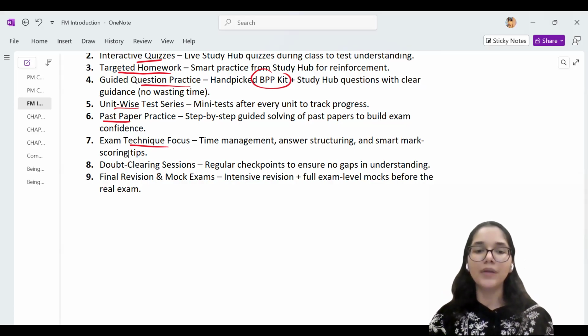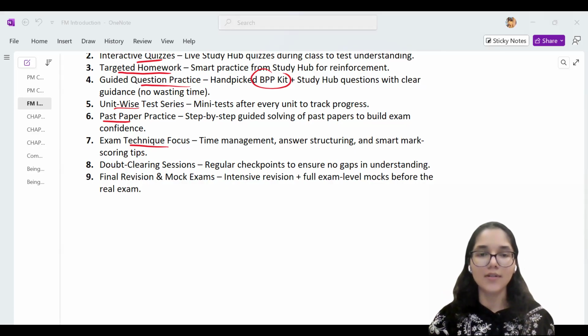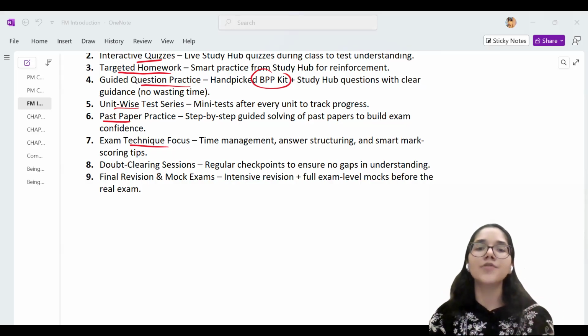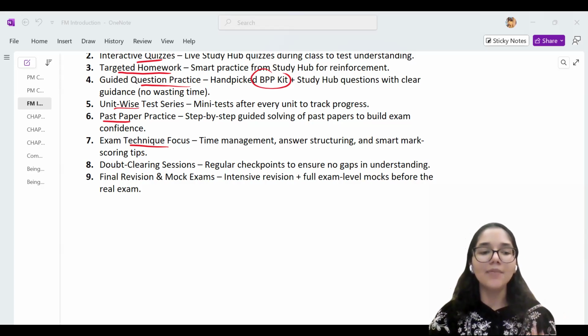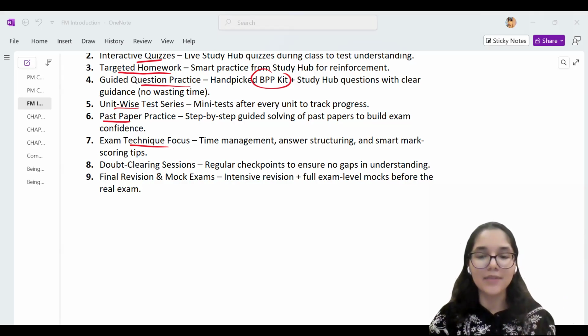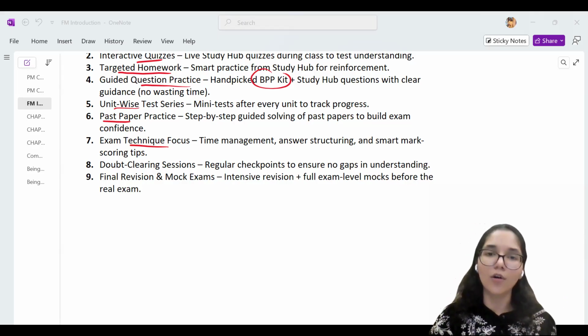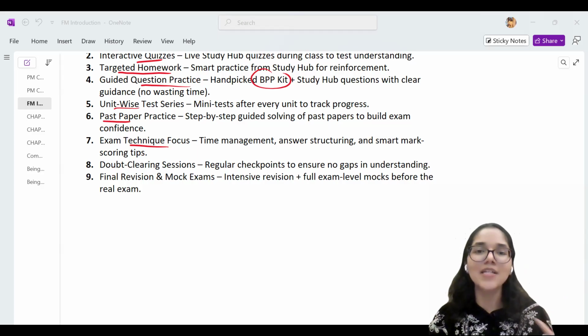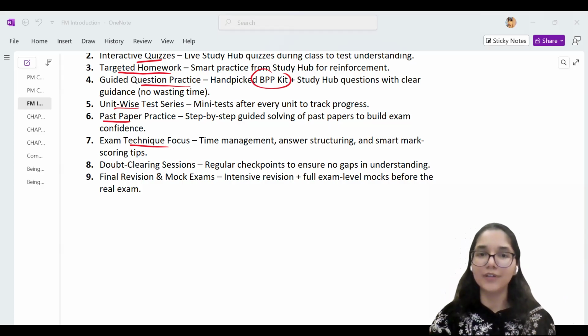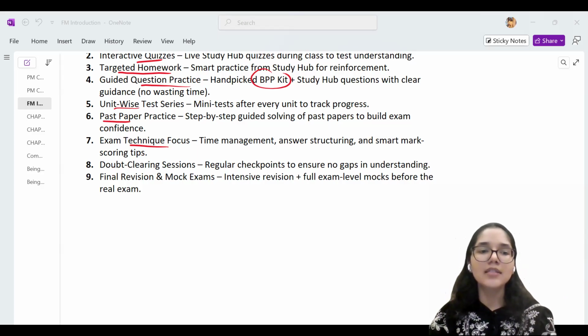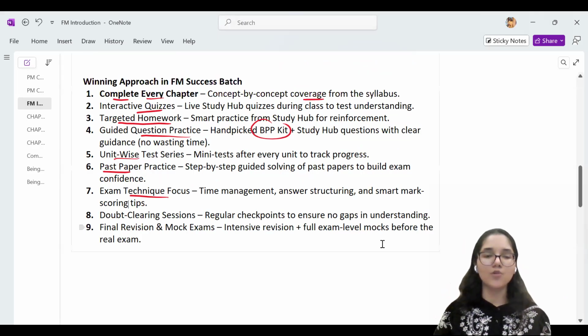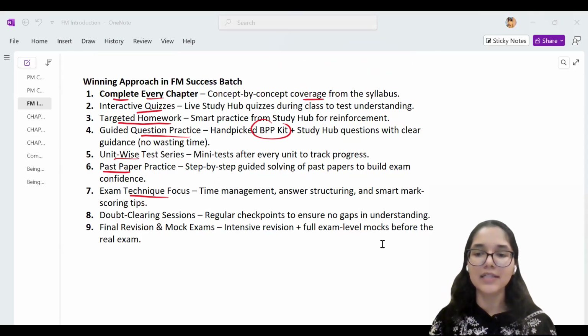And then there are going to be the mock evaluations also, where I will be evaluating full exam time, 3 hours, 100 marks paper mocks for you people, so that you get to know where you're making mistakes. Any mistakes you make in the mock exam itself will not be repeated in your final ACCA exams, and you save on those mistakes in your final exam. So this is going to be our approach for this success batch for December.